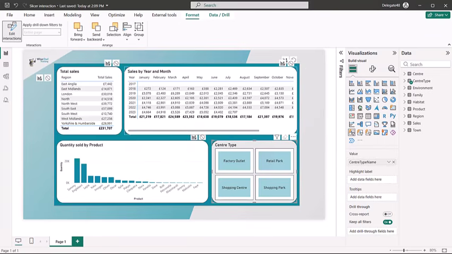And because I have the slicer selected, I'm deciding how that slicer will affect each of the different visuals. So for example, with this table, by default, the option is set to filter the table when I make selections in my slicer. But just to the right of this, there's another icon that says None. If I switch this on,